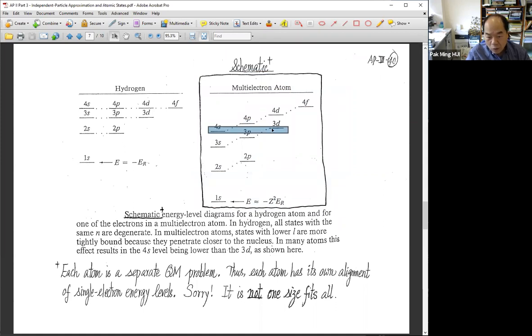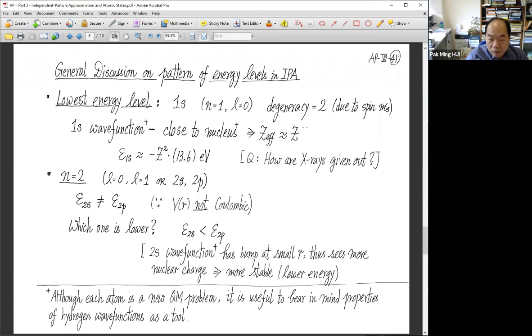Very often 4s is slightly lower than 3p, that's why you first fill in here and then you fill in the transition metal elements that have 3d electrons, okay? Iron, cobalt, nickel, all that in the middle of the 3d row. Those are the magnetic materials, and then the other atomic orbitals. Very roughly,